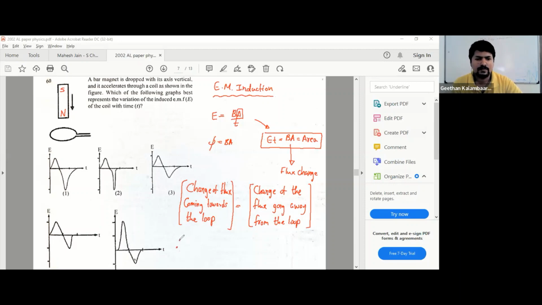Therefore, positive area is equal to negative area. So this is the technique of doing this question, guys. So in which do you have the positive area equal to the negative area? This one? No. No. No. This one seems like